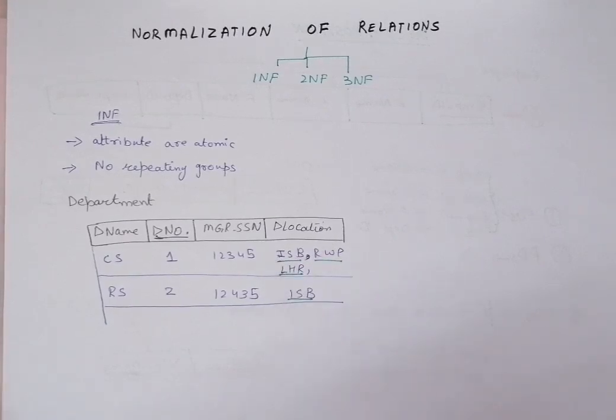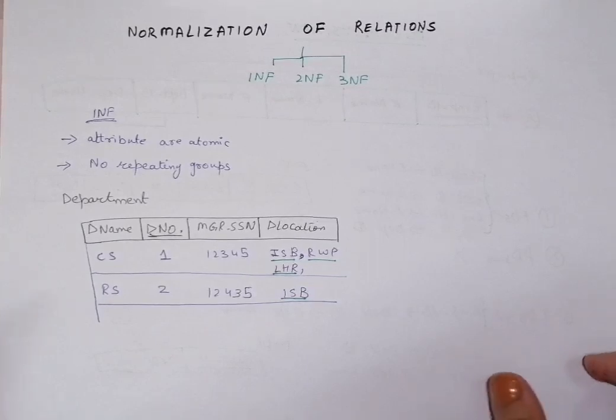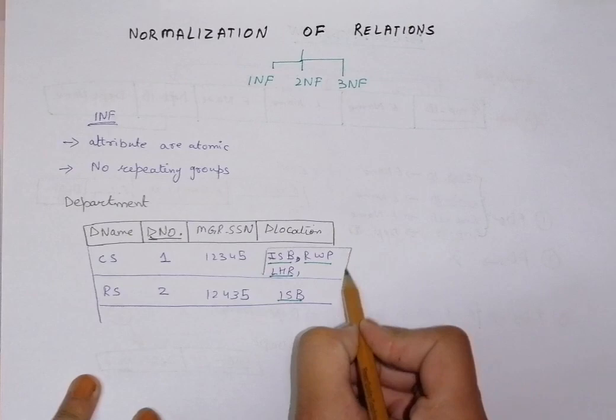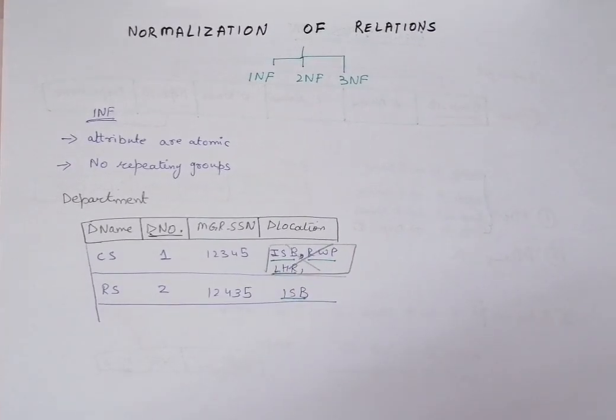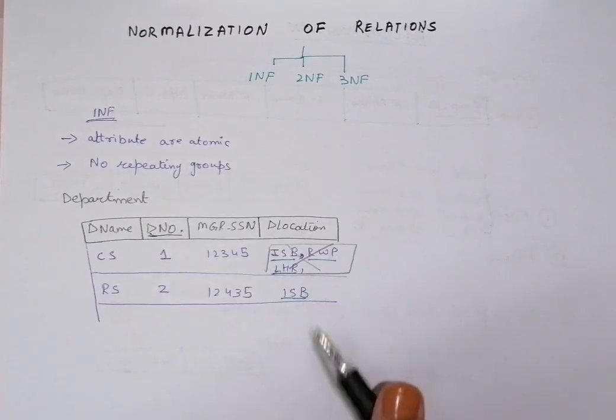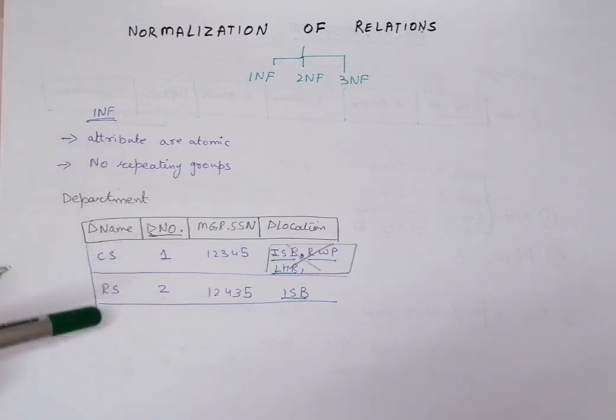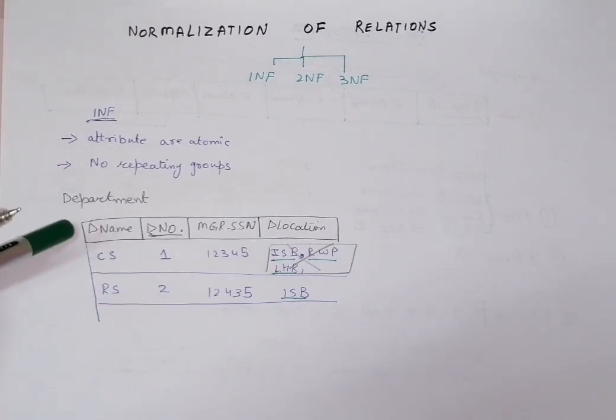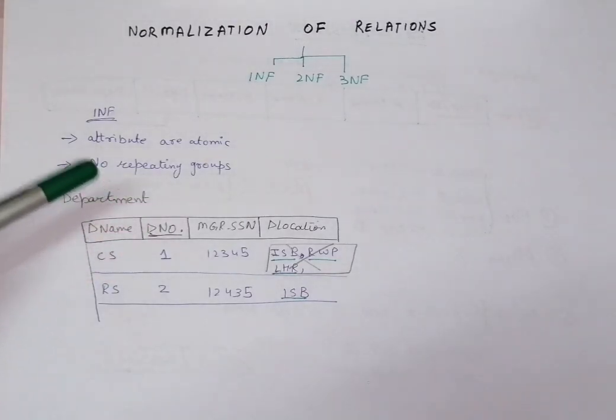As per the rule, or as per the property of first normal form, we cannot have multi-valued attributes in the records. This is not allowed. Attributes must be atomic. So in this case, the given relation, or the given design of the schema, is not in first normal form. This is not normalized. This is violating the property.